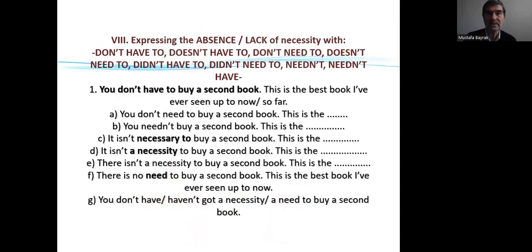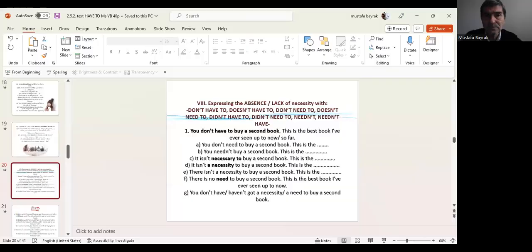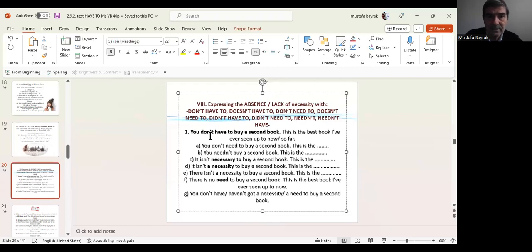Now, Roman number 8, expressing the absence or lack of necessity with don't have to, doesn't have to for singular subjects. Don't need to, doesn't need to, or in the past form, didn't have to, didn't need to, needn't, and needn't have. Okay? So, in future, will not have to, okay, don't have to, doesn't have to, let's write it to, didn't, let's write in between, present, need to, and